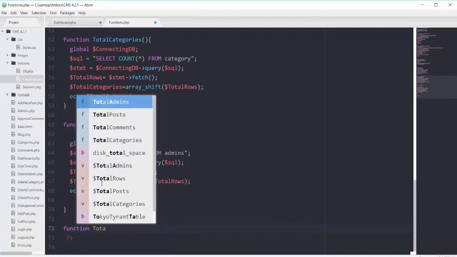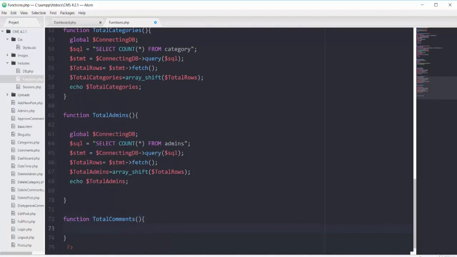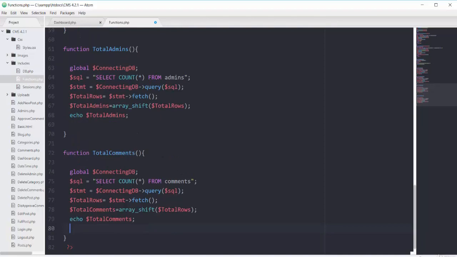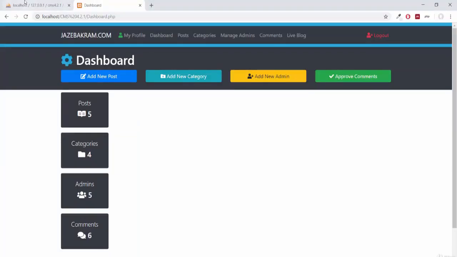Total comments, saving this one, refreshing my page. See, nothing changed. Now that's it for these cards. Now in the next movie, I will add one table here that will show us only 5 latest posts.